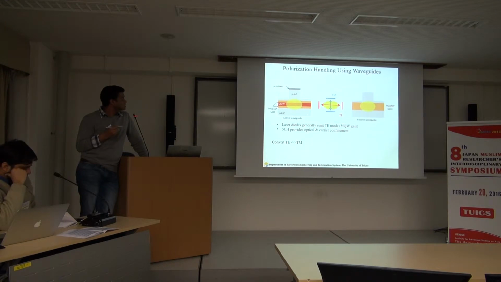Now this is the crystal which you have over here, and you have different modes of light which you are trying to manipulate by changing the geometry of your structure or your crystal. In this device, you have the MQWs or any heterostructure. If you have this structure, you have what I was talking about, an active device. If you don't have this gain part in your device, you have the passive components.